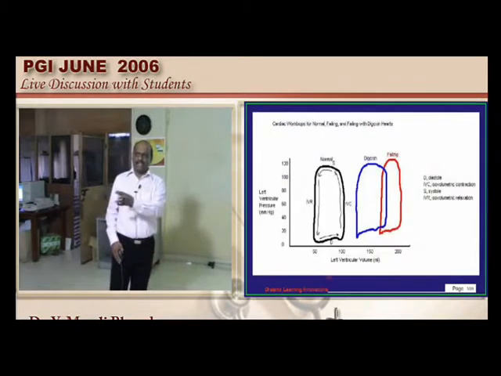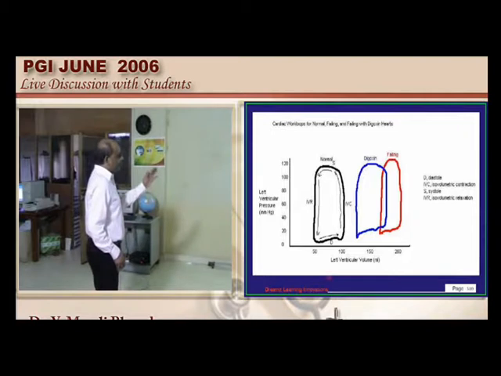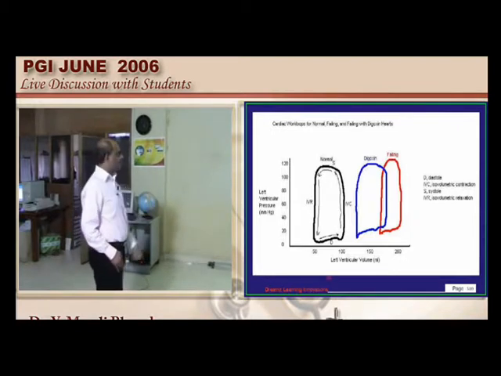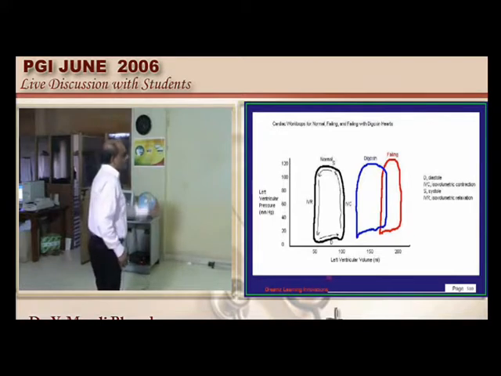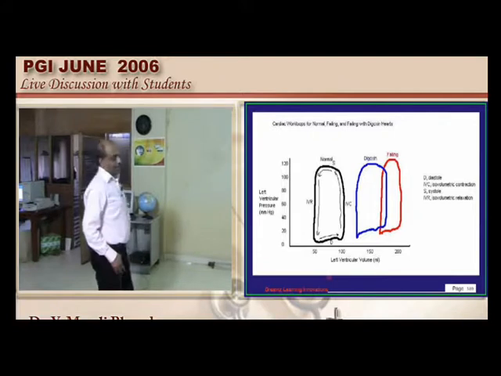This is a classical scenario. This is a normal heart's left ventricular volume to left ventricular pressure loop. The moment the patient fails, he can't generate a sufficient amount of pumping out pressure, and if you use the digoxin, how it improves and travels towards the normal side is what is being depicted.